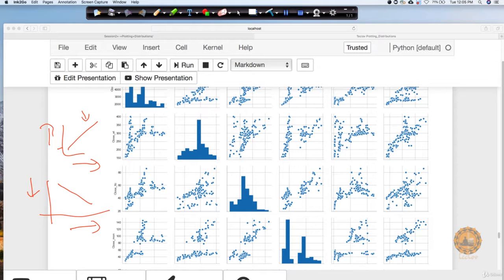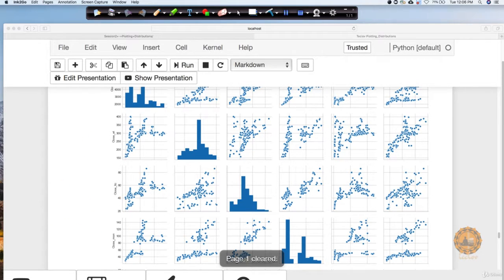So this is what we want to basically search. Like you can see here, there's no pattern, right? So there is not much impact of one over the other. Here we do have a small pattern, here we do have a pattern, right? So this gives a very nice insight into how well these two variables are going to be related. Now, let's go ahead and see a few more things with respect to the same pair plot which we have